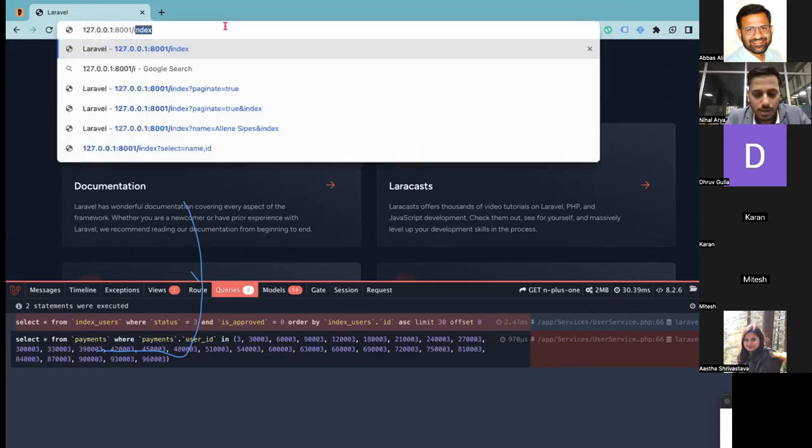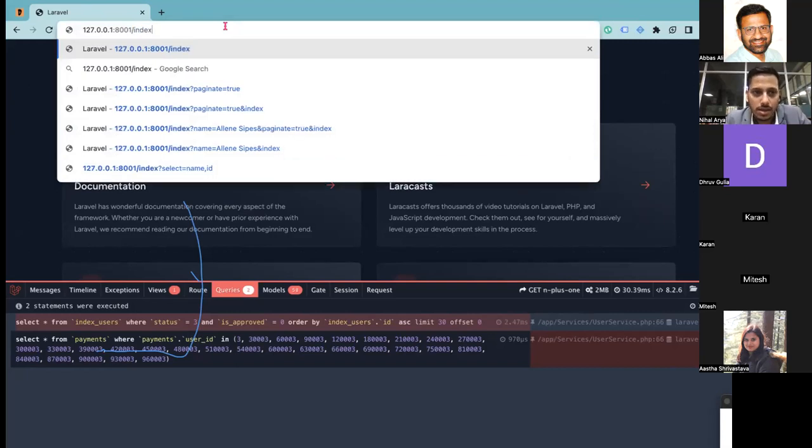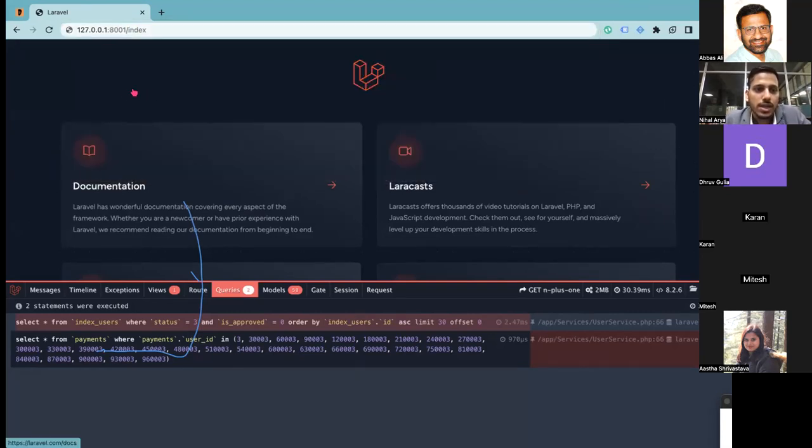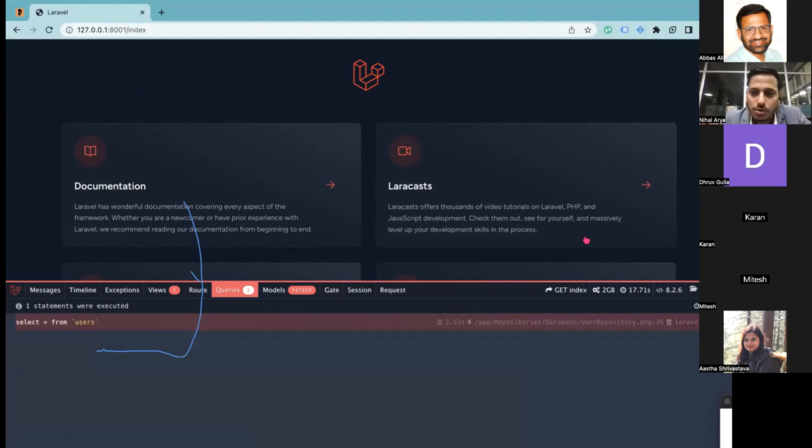I'm not sure if you had seen this. I had written an index query. What it is doing is directly querying all the users. I have 9,60,000 users or something like that, right? I've just written select in the index, and it is taking so much data and resources. It's just loading. It will take 20 to 30 seconds to load the data. Secondly, I am taking 2 GB of my memory in order to load